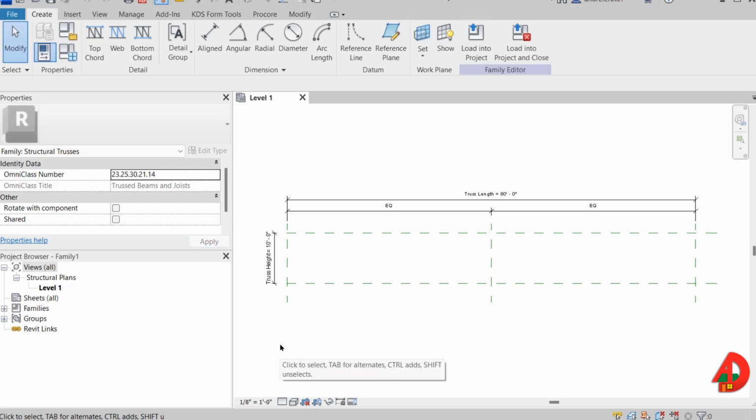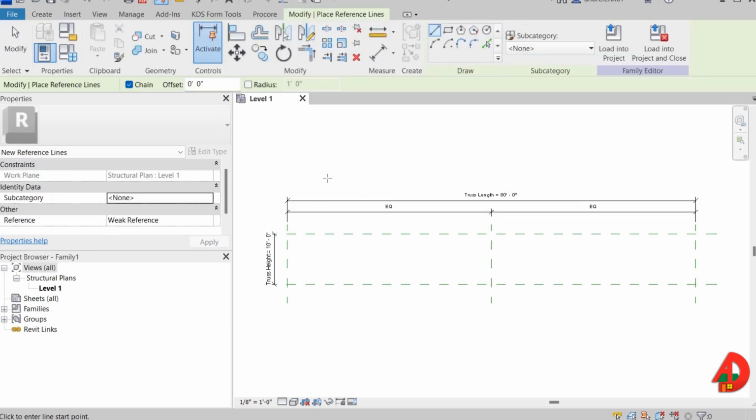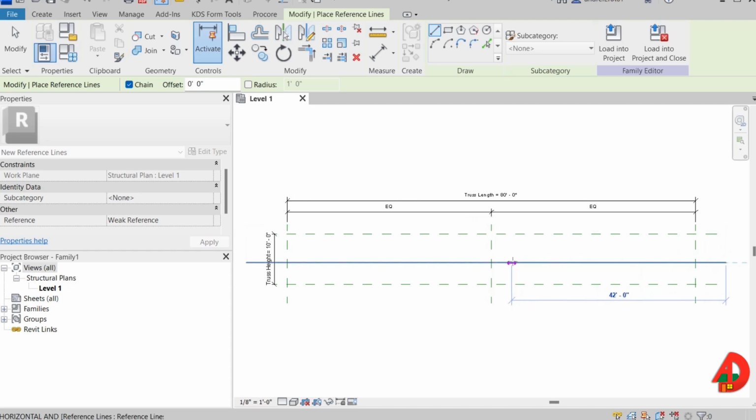This is the default truss family template that has two horizontal planes that define the height of the truss and vertical reference planes to define the truss length. Since this will be a barn truss, I will need another reference to set the height for the junction between the top chords. I'm going to draw this line somewhere in between the two existing reference planes,